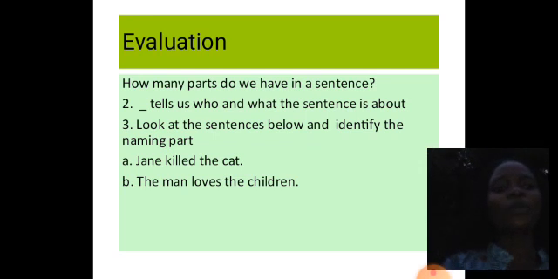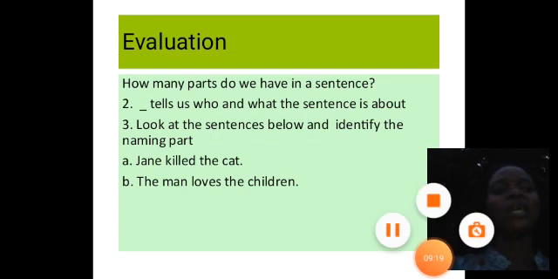Okay, till I see you in the next class, where we're going to talk about the predicates, which is the telling part. Please keep saying